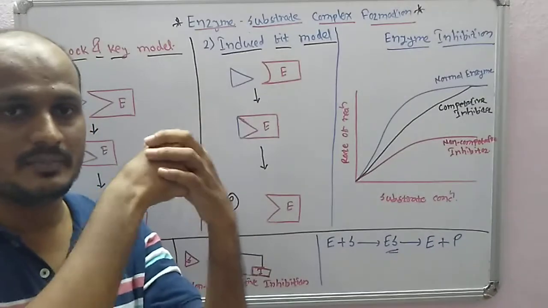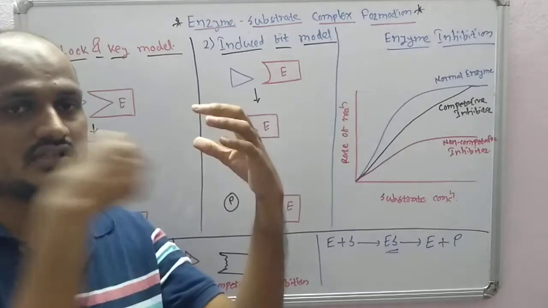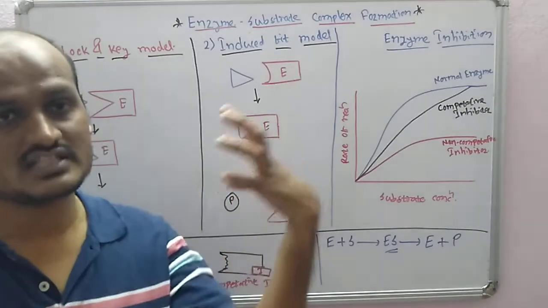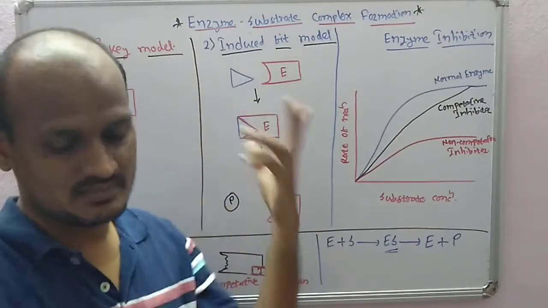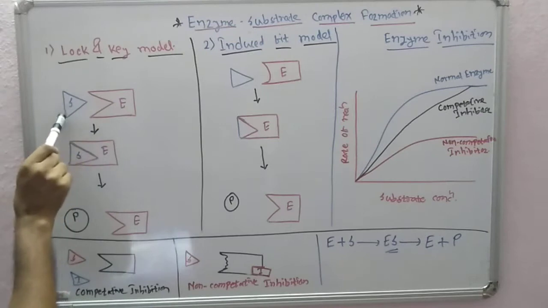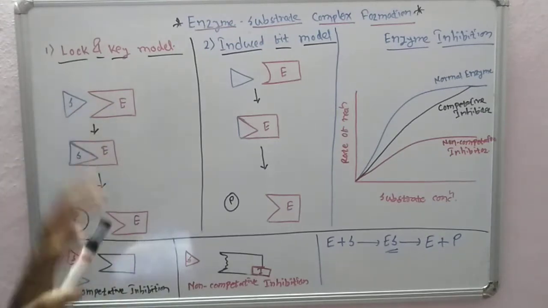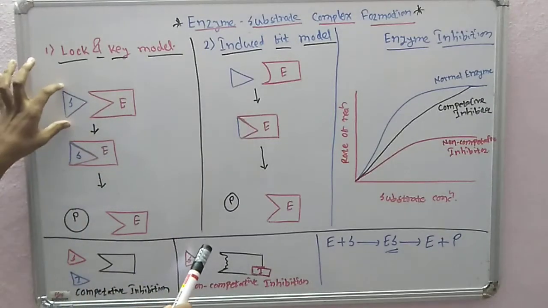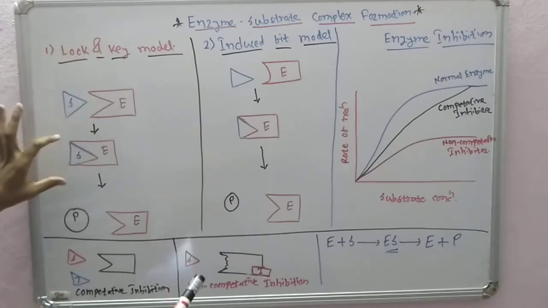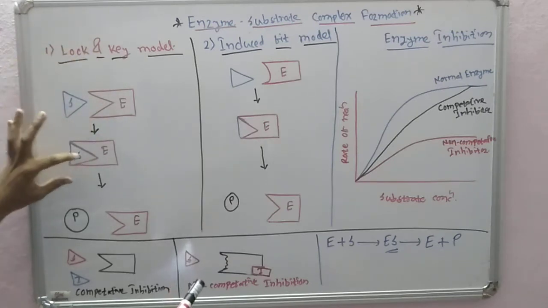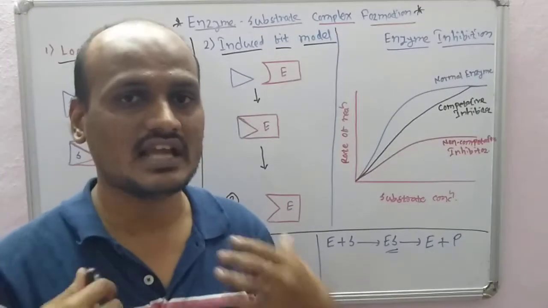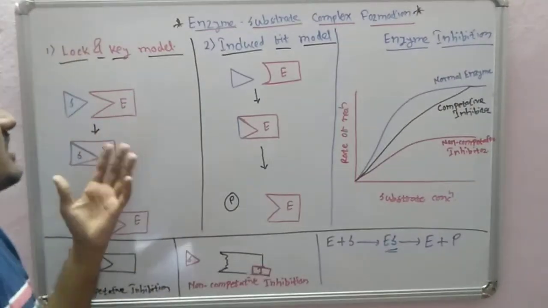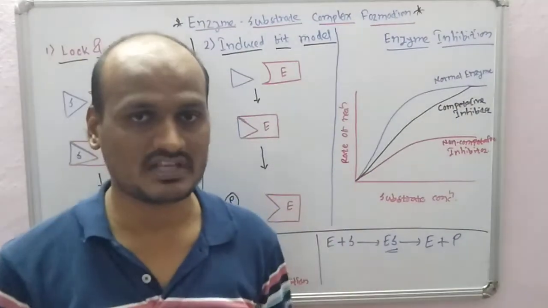So they fit completely with each other. Okay, so there is a complementary shape. The enzyme has this shape and the substrate has a shape like this, for example. Here you see it has a triangular shape and the enzyme has an acceptor shape for that substrate, right? So this is a perfect arrangement, and people assume that enzyme and substrate will perfectly fit together and then enzyme plus product formation will happen. So that is the lock and key mechanism of enzyme substrate complex formation.